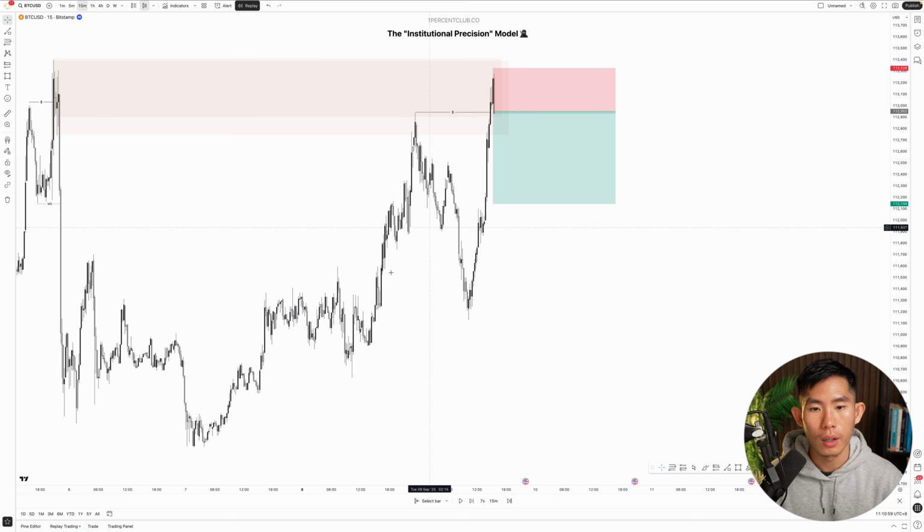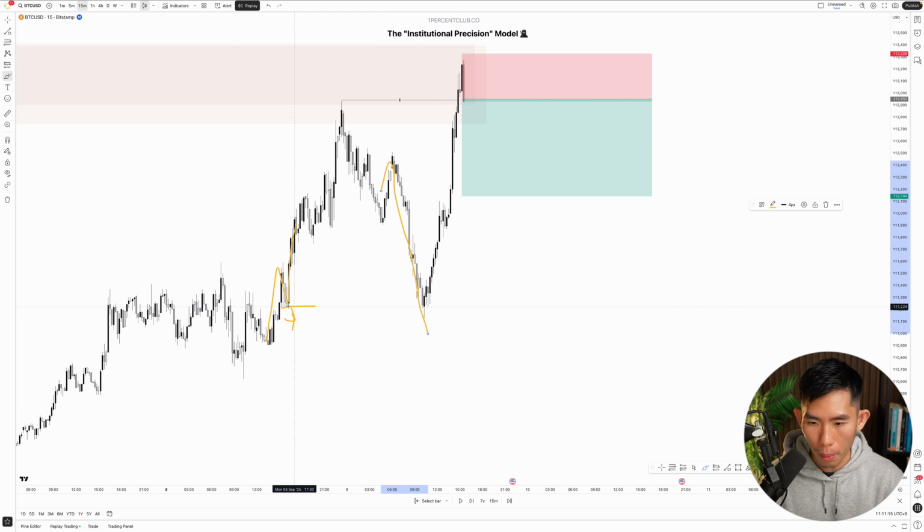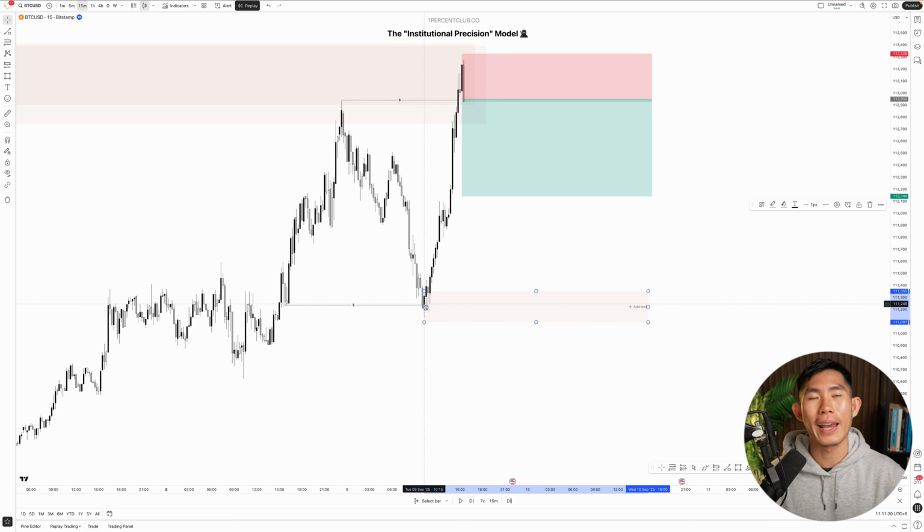So if that's the case, just looking at this alone, where is the most obvious price point that we can see that's institutional movement? Well, if you look at the left, price goes up, pulls back, good old juicy available liquidity being built up right here. Later on, price comes down, sweeps all that liquidity before pushing all the way up here. So this entire thing right here is our beautiful liquidity sweep, which also means that this is our next demand zone, our next institutional zone,